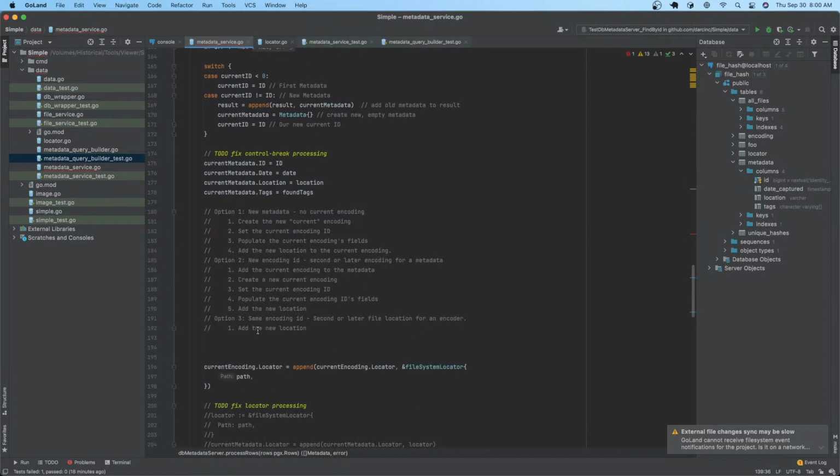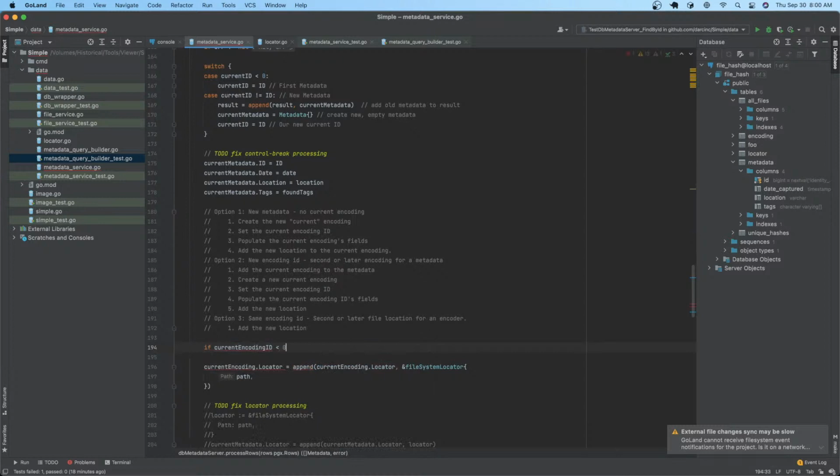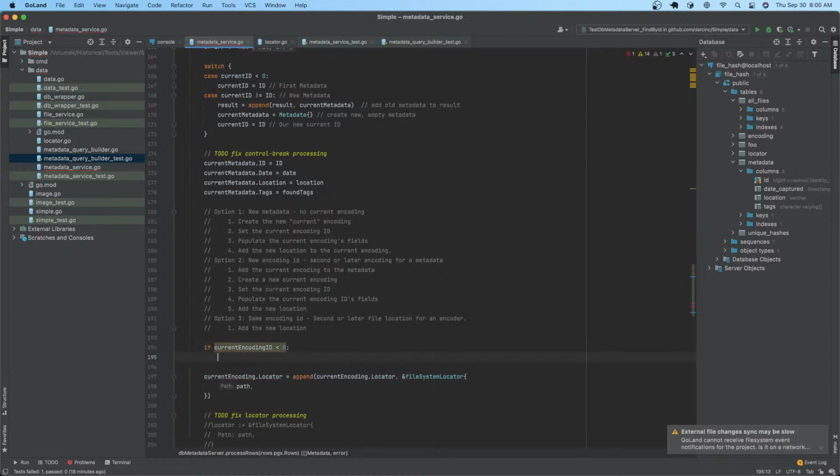So it's the same thing that I have here. If current encoding ID less than 0, so I know I have